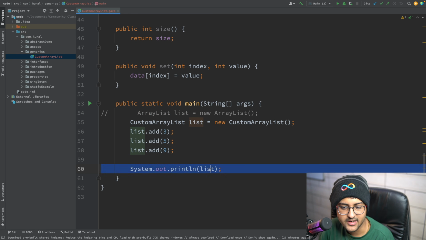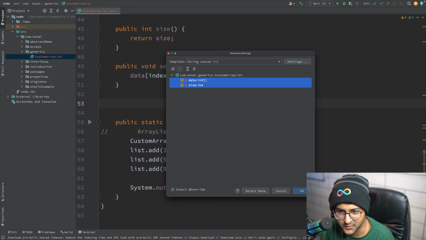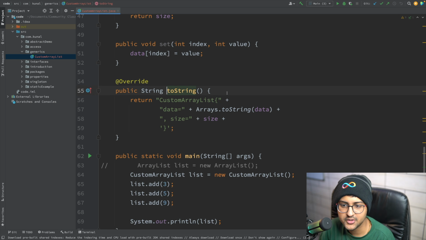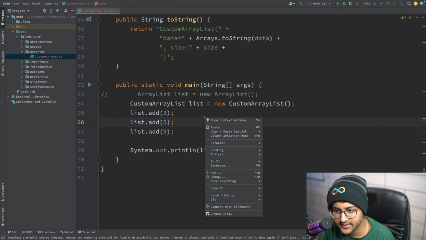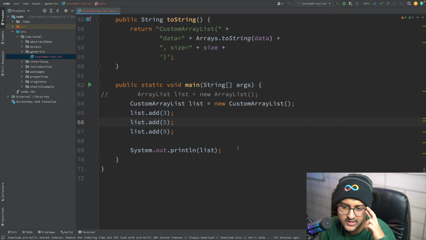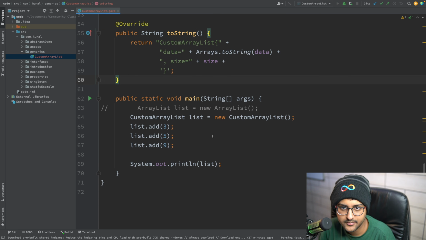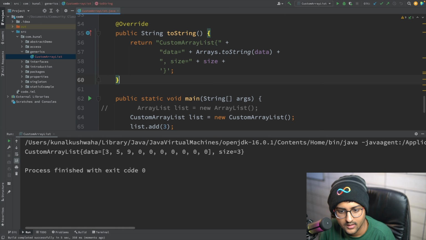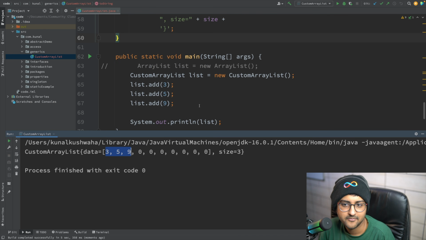Obviously right now I'll just print it in an object way because toString is not modified, so we can override it. So you can override toString. That's it. Let's try to print it. Try to run this. This is something we already covered, overriding the toString method. Okay, so you can see it's of size 10 and we have only added 5, 3 and 9.